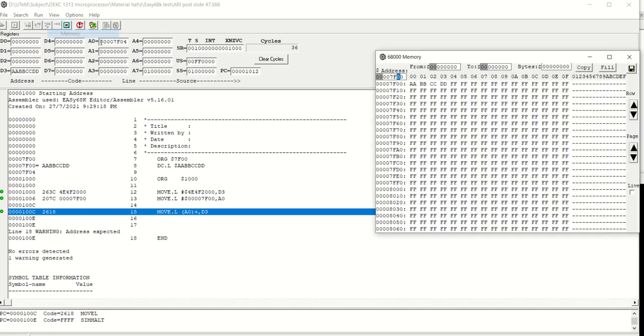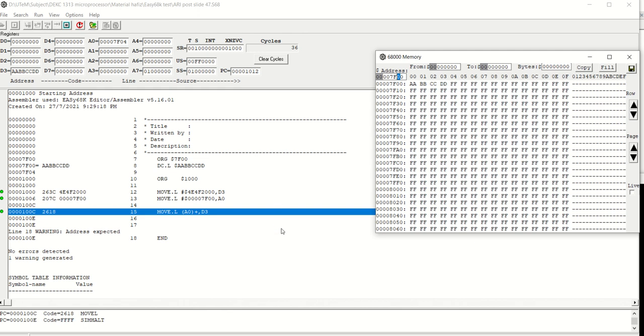View the memory. The content inside the 7F00 will maintain AA, BB, CC, DD. But the content of the data register will copy the value of 7F00 to 7F03, AA, BB, CC, DD, so that the value of D3 will become AA, BB, CC, DD.